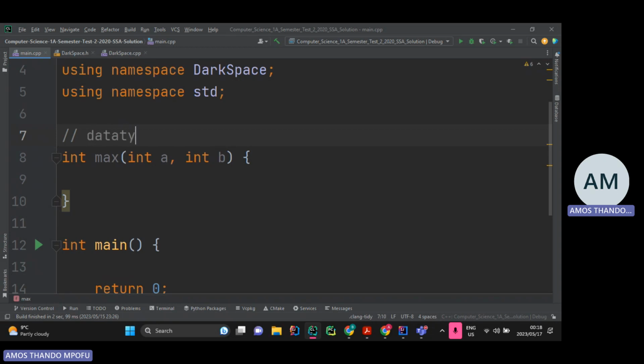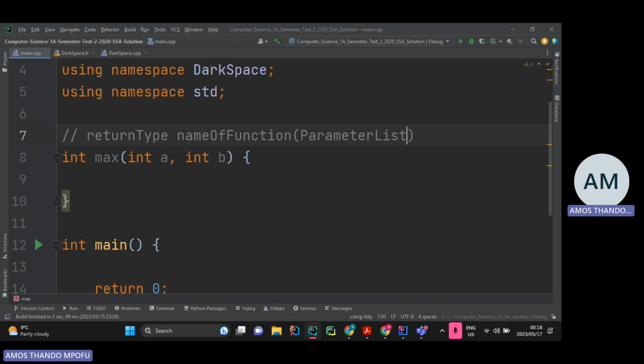You start by specifying the return type, which is an integer, followed by a space, then the name of the function, followed by open bracket, close bracket. And inside here, we're going to have a